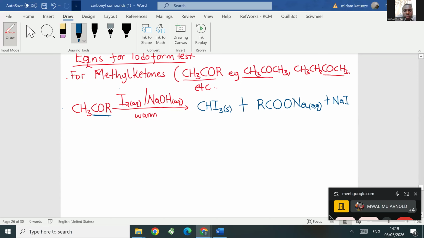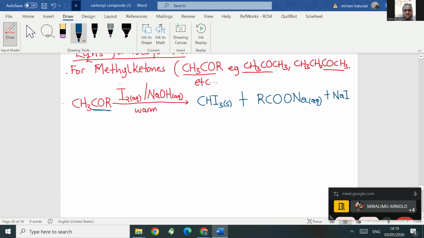I take another example. Maybe I take a specific example of propanol. If I have propanol with iodine in presence of sodium hydroxide on warming,